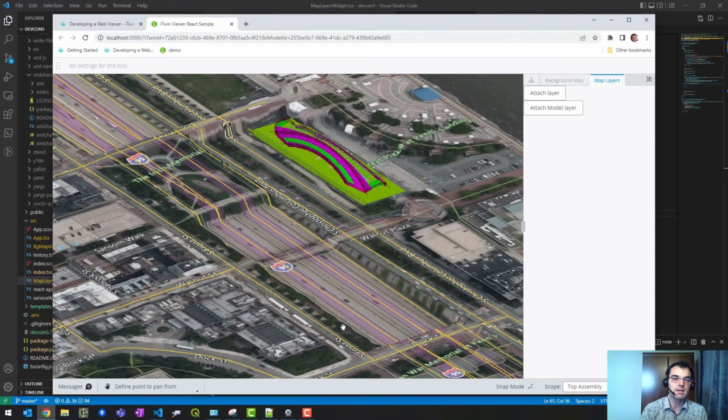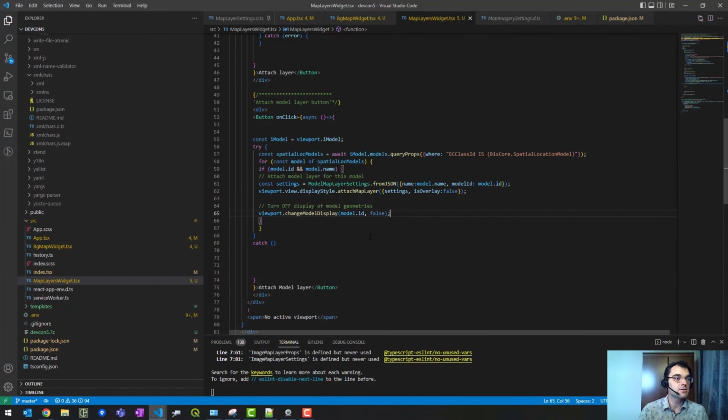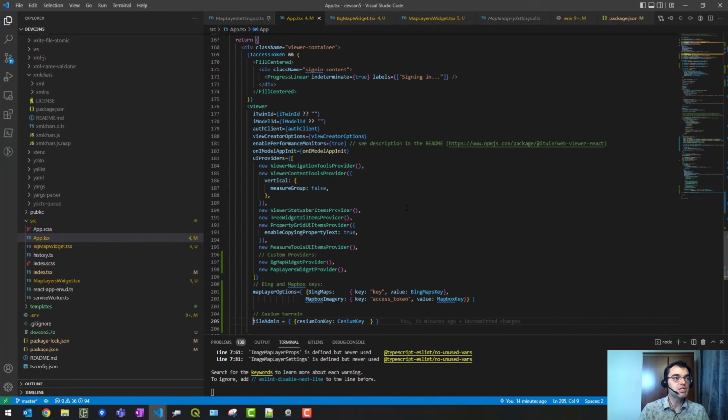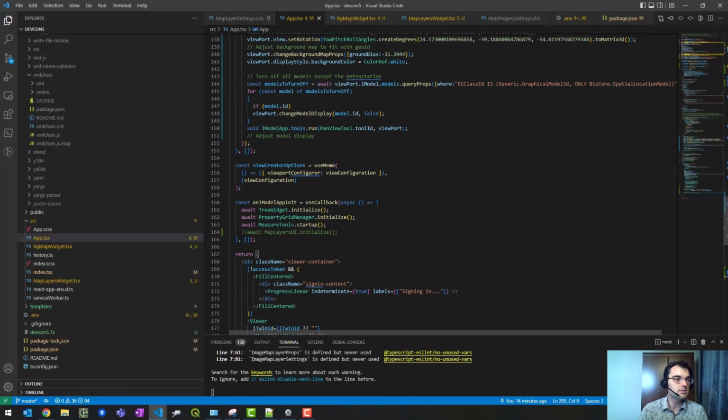There is a map layer widget that is provided by iTwin, okay? So let me show you how you can install that in your application. All you need to do is install a new package called the iTwin map layer package like this. You can run npm install easily for that. And when it's installed, you need to initialize the widget, okay? So you simply need to call the map layer UI object and call the initialize method. So if I save that